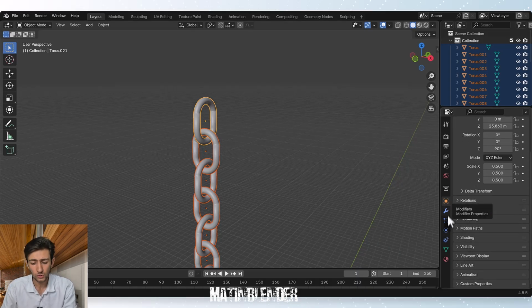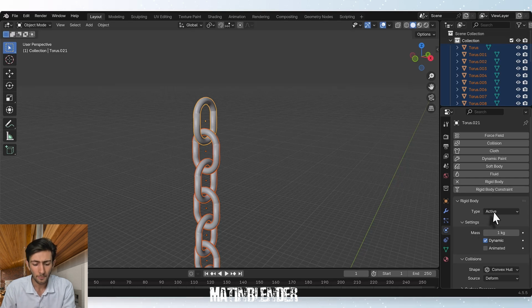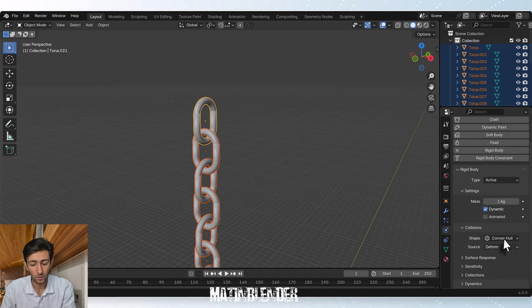We are going to give this a rigid body, and we're going to leave it as active. We're going to come here to the collision, and for the shape we're going to make it mesh, and then to have all of them have that same